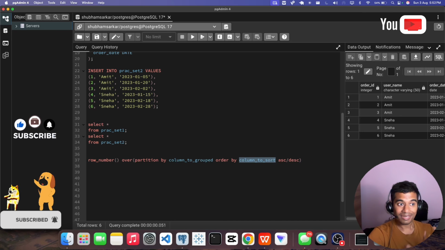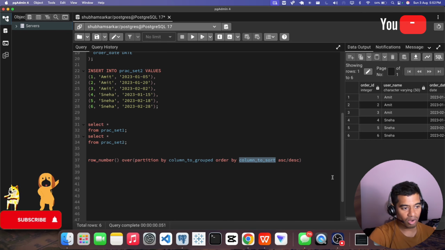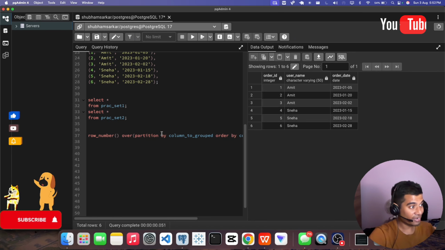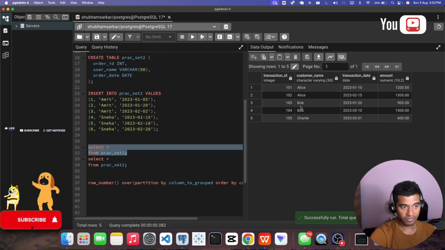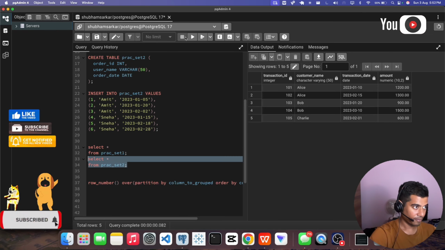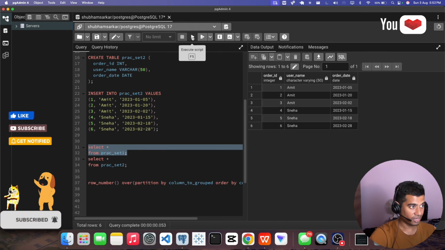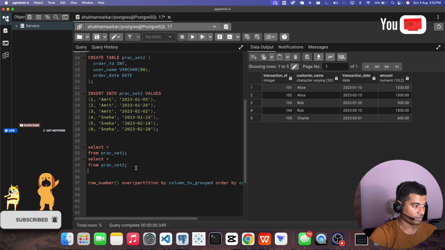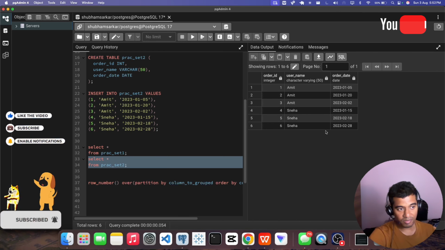So let's go to the practical part and get started with the first example, like how this actually works in a real-world scenario. We have two practice sets, practice set 1 and practice set 2. If I run practice set 1, we have this customer table with orders as well as the transaction date, and second, a customer table without the transaction data, with just order ID, customer name and order date.